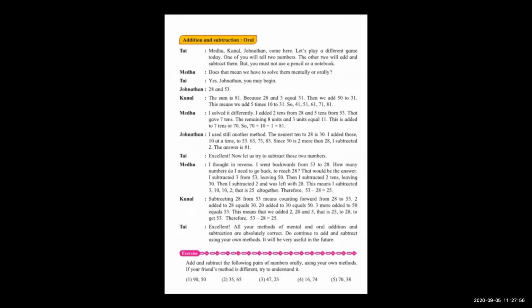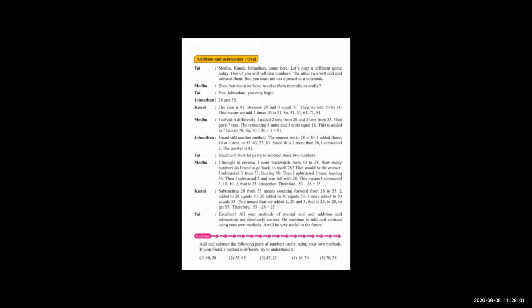Okay. What Medha is telling, does that mean we have to solve them mentally or orally? No need to take a pencil and notebook. Okay, good. Now see,